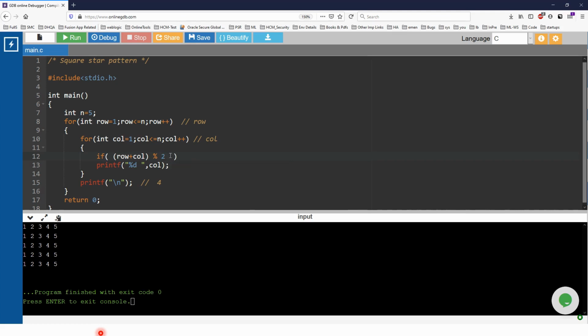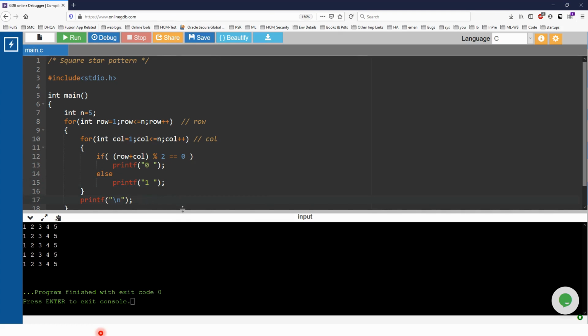This is the logic to check if the number is even or odd, right? So if this is true, it means that the number is even. So I have to print 0 in case of even. If not, I have to print 1. So just added a space.